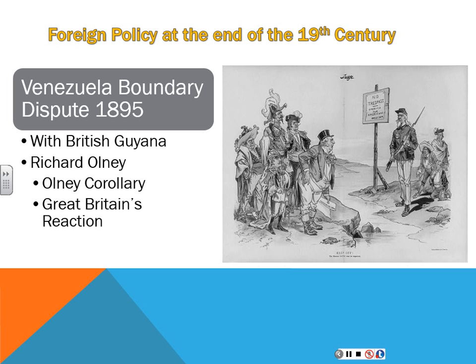In 1895, Richard Olney, who is the Secretary of State to Cleveland, is going to issue the only corollary to the Monroe Doctrine. And basically what this says is that the United States will arbitrate any dispute between a European power and a Latin American power. Yes? The only corollary to the Monroe Doctrine says the United States will arbitrate, which is a third party going in and being like a judge and making a decision,